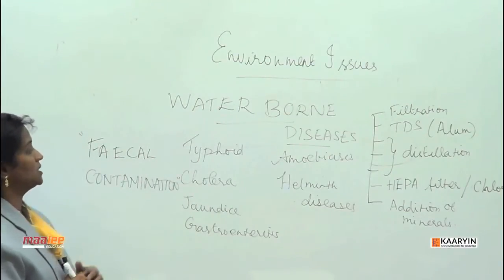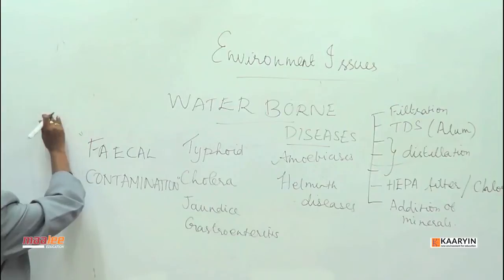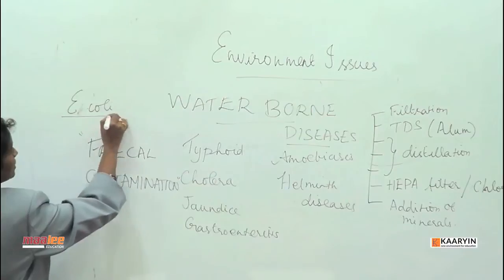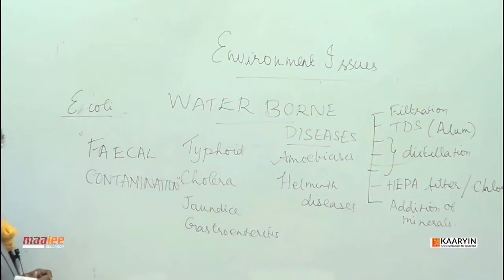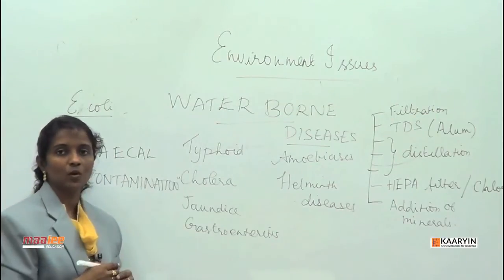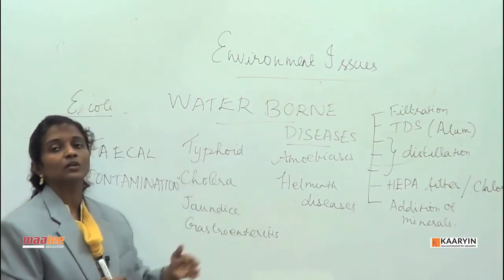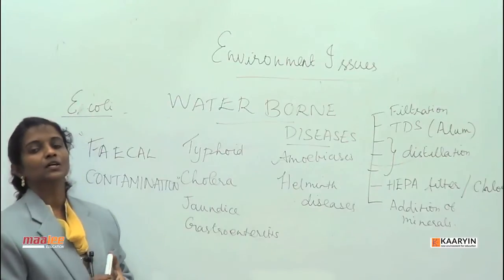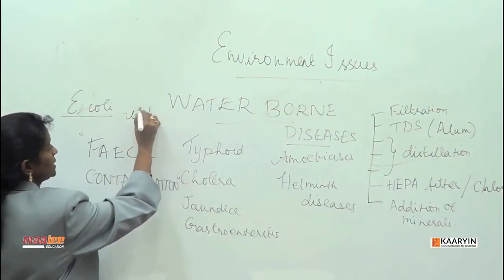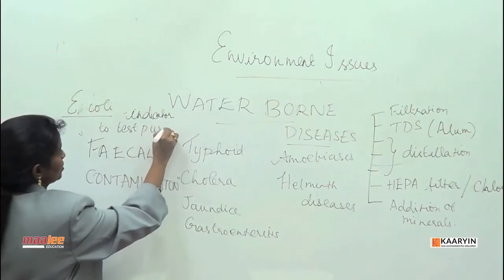We can find out whether these germs are there in the water by a test wherein we can understand if E. coli, that is Escherichia coli, is present. If it is present, then invariably all these germs would be present. So a test is performed to see if E. coli is present in the water. If E. coli itself is present, any of these germs can also be present. So E. coli is an indicator to test the purity of potable water.